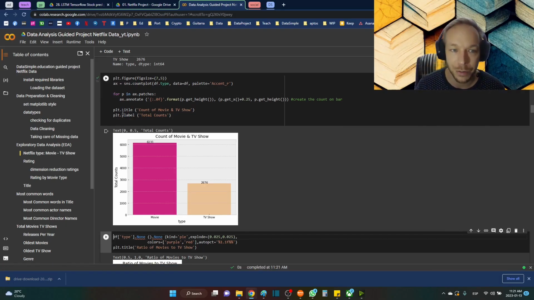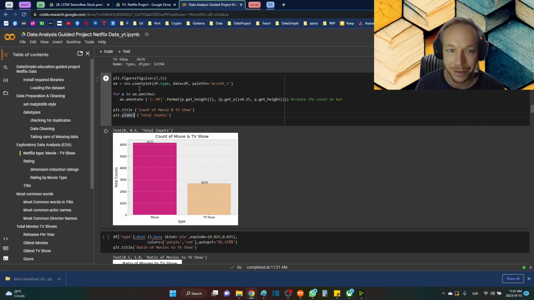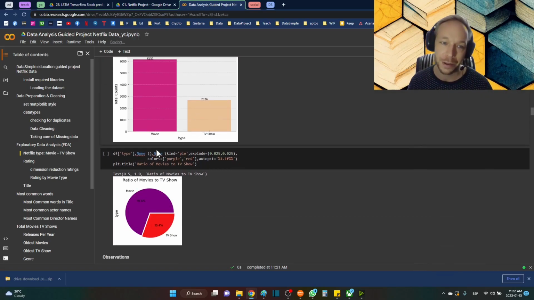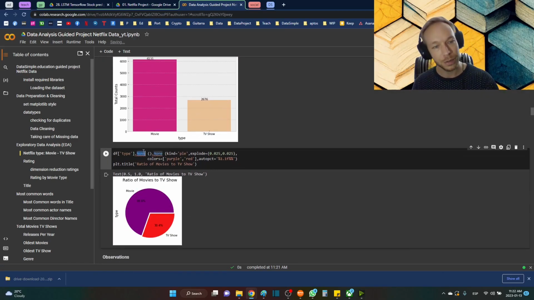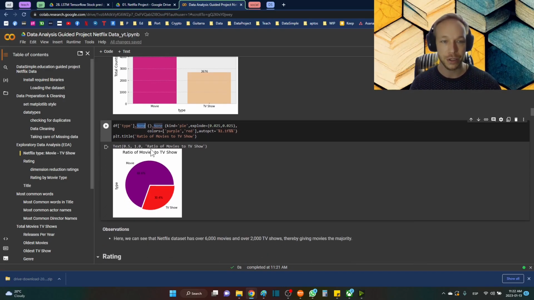So here what I did, just while I was talking and rambling, I filled in the title and the Y label to get the rest of this plot done, and now we get a nice little count plot. This is also a good time to use a pie plot. Okay, so what we can do here is value_counts,